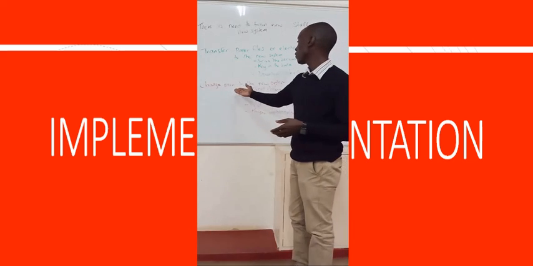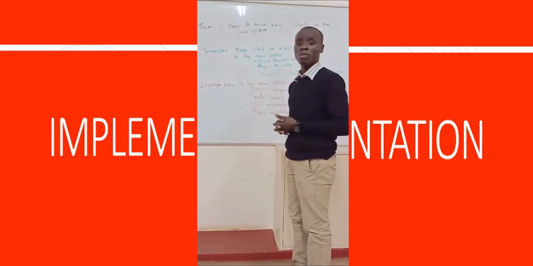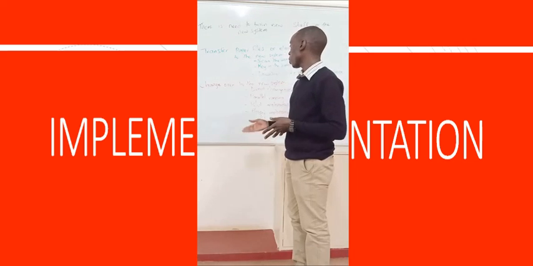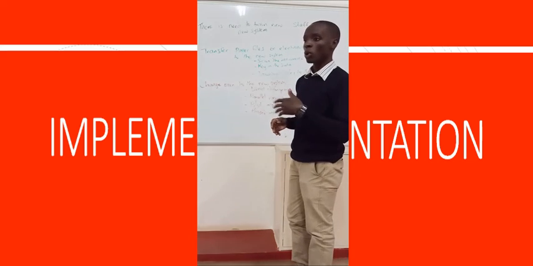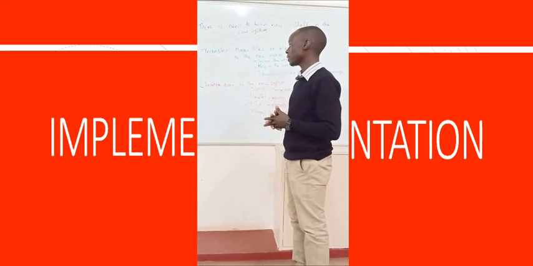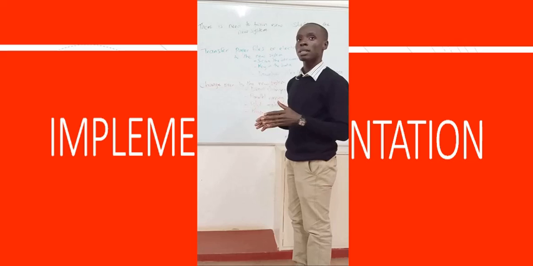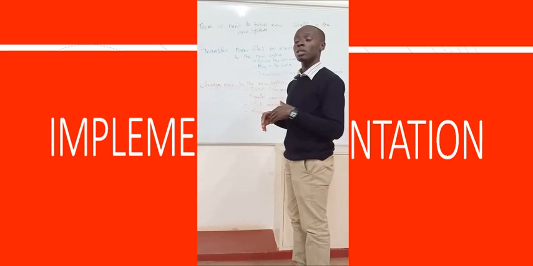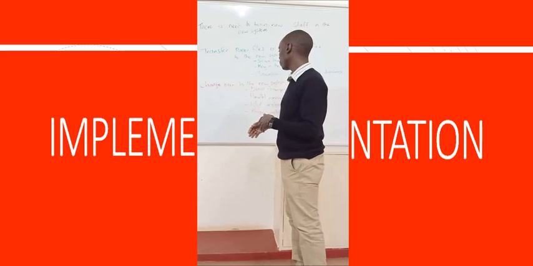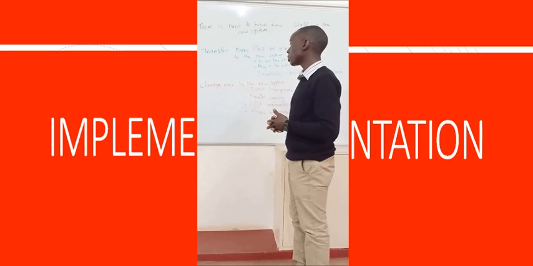Then three, we have changeover to the new system. And once we're doing the changeover, the various stages that we can go through or the various methods that we can use to change over. One, we can use the direct changeover where a system will just go from one system to another without going through any other phases. Two, we have the parallel running where the old system and the new system are running together at the same time. Then three, we have the pilot implementation